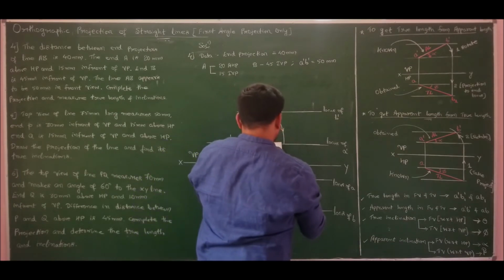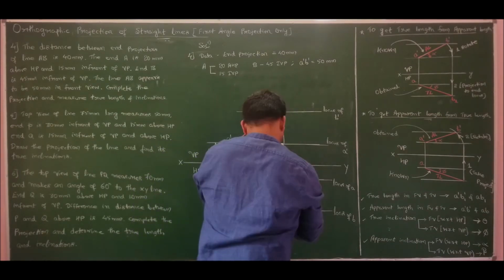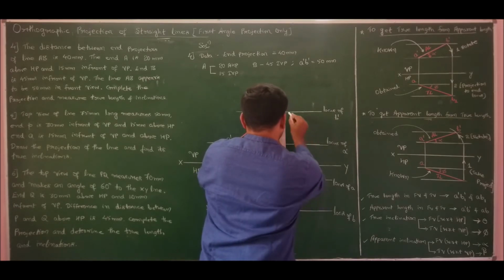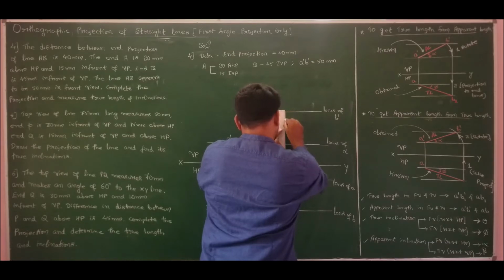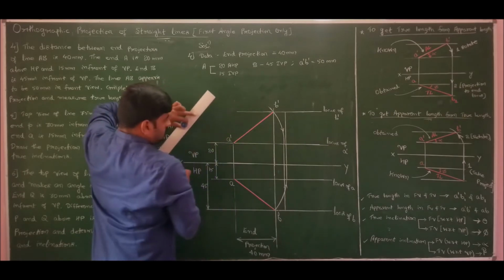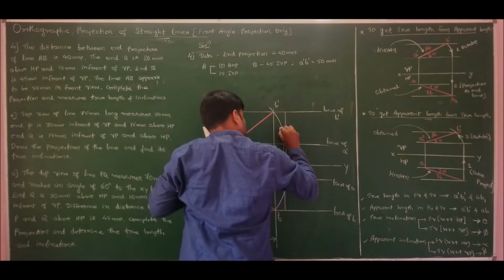Now from here we should drop a perpendicular. Now from here we should drop a perpendicular to the end extremities of this line. So therefore I have got